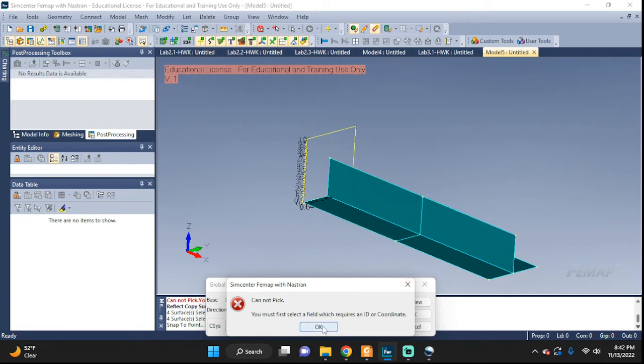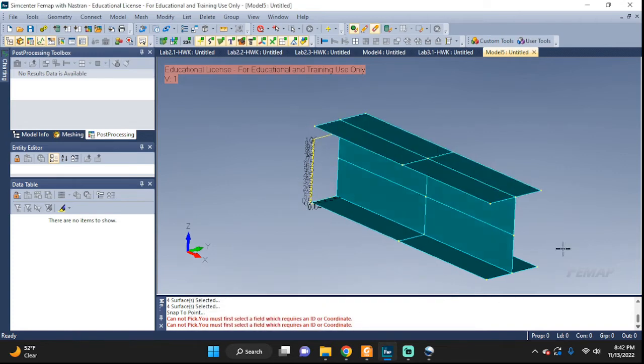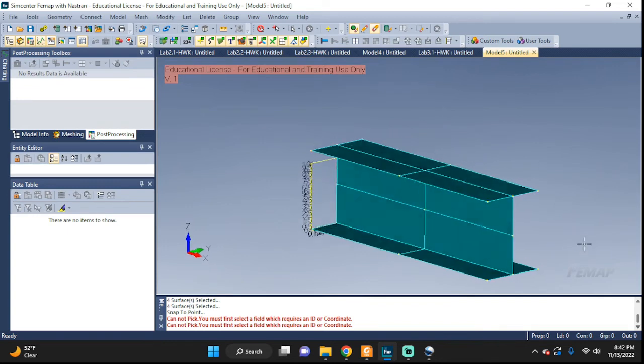Oh, okay, so it says I cannot just click wherever because it doesn't know what to do with that. It wants me to click into the field and then find a point that it can take the coordinates for. So I'm going to take either of these three. Let's pick this one. There you go. And we can preview it and click OK. And here we go. We have our full I-beam